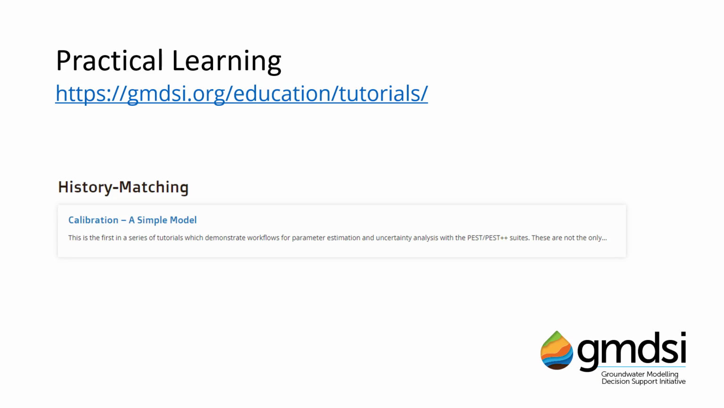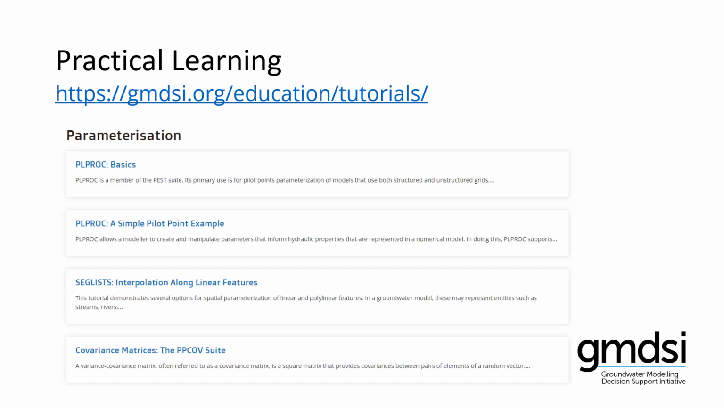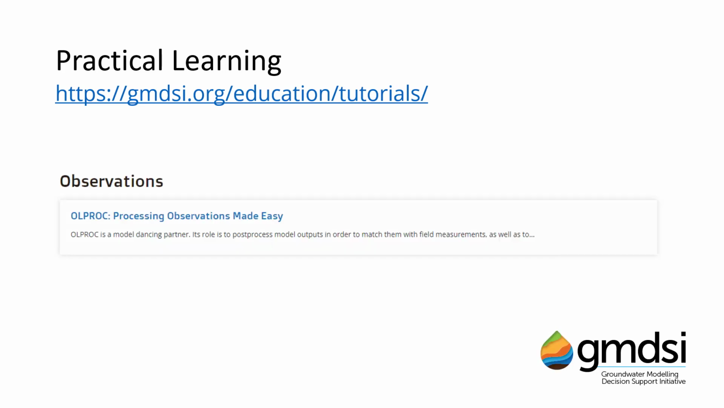From here, you may want to move into tutorials on parameterization, so as to understand how pilot points work as parameterization devices, and how to specify covariance matrices, which are used to express prior knowledge of geological heterogeneity. From there, you may wish to go through the tutorial on OLPROC, which demonstrates the use of a utility to post-process model outputs into secondary observation types, amongst a few other things. And these tutorials should give you the core understanding of how to use PEST in a calibration context,